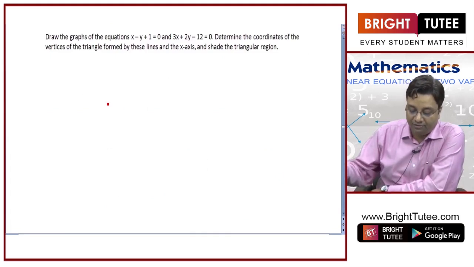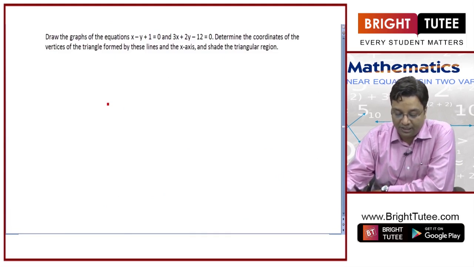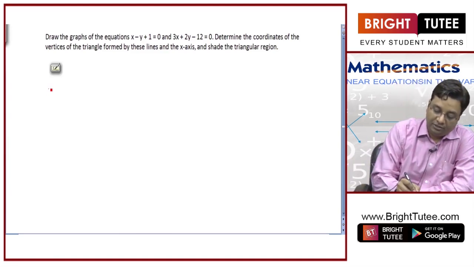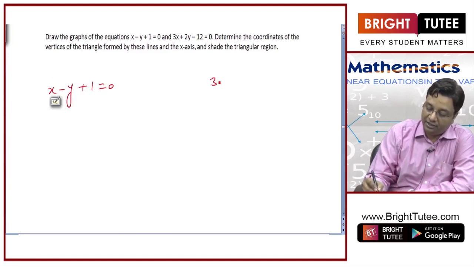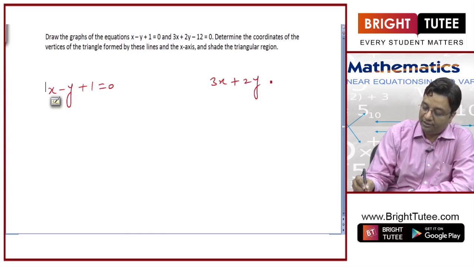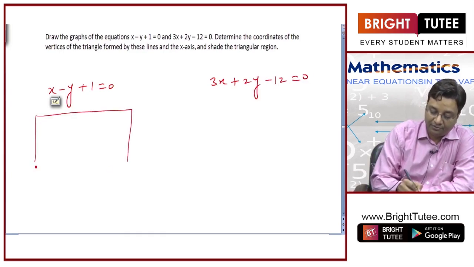Now draw the graphs of the equations. Determine the coordinates of vertices of a triangle formed by these lines and the x-axis. Also shade the triangular region. So we need to draw x minus y plus 1 equal to 0 and 3x plus 2y minus 12 equal to 0. So we will make a table